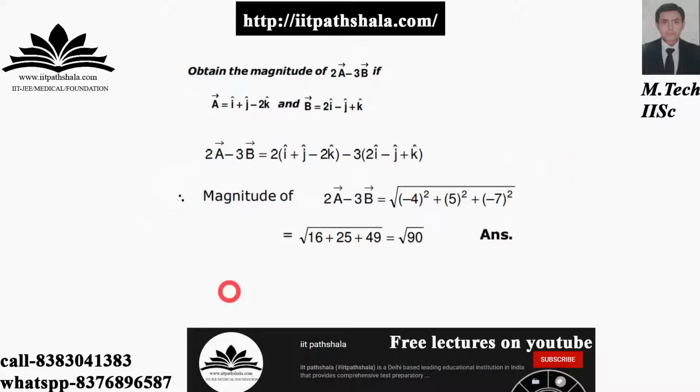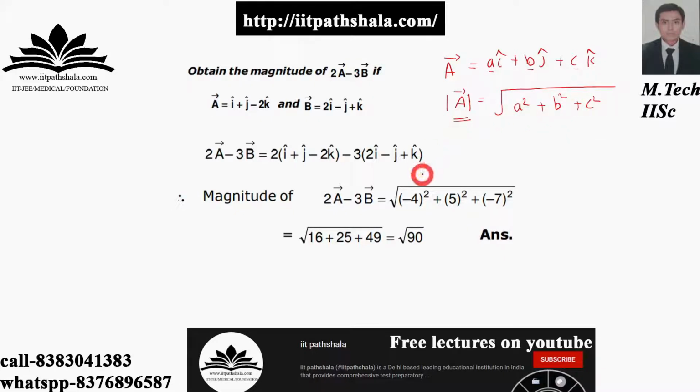But before applying, let me tell you one more thing. Let us say you are having a vector A which is having three components, let us say a i cap, b j cap, and c k cap. These are the three components of the vector which are running in three different directions, x, y, and z. Now you want to have the magnitude of this vector. Then how can you get it? You can get it by a simple formula. Just put a square root, and square everything over here. So you have a square plus b square plus c square under the root, and you'll be having the magnitude of A.